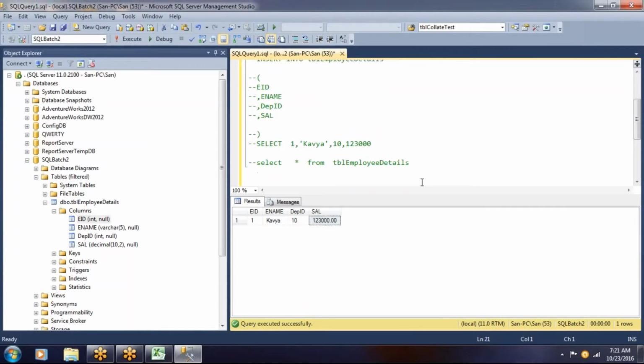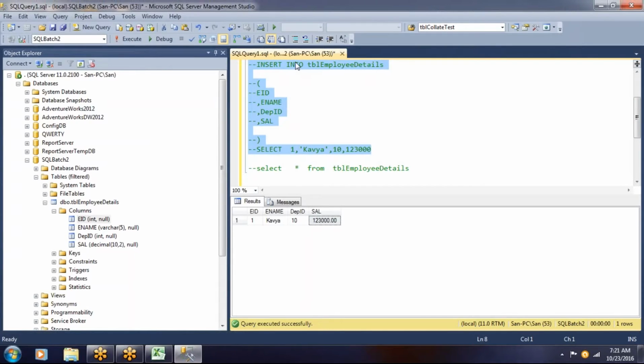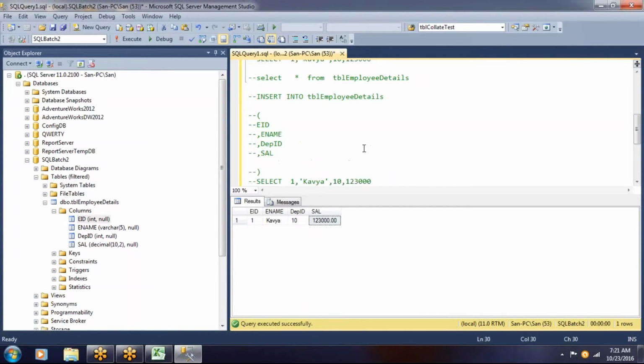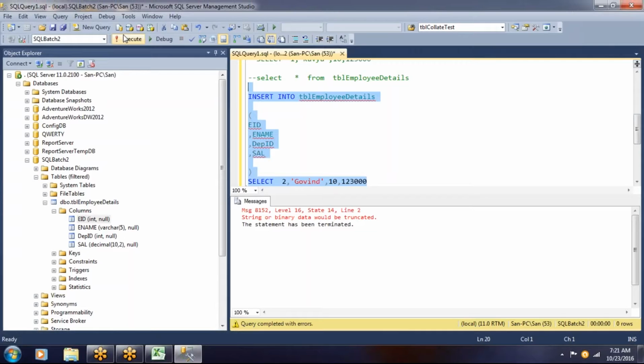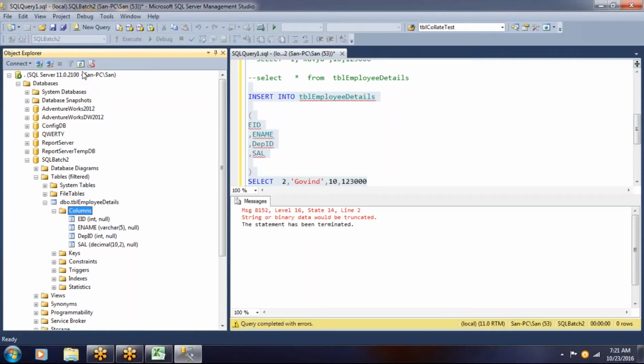So let me throw an error for this table. If you see, guys, my table structure has employee name which is of type varchar 5 only.